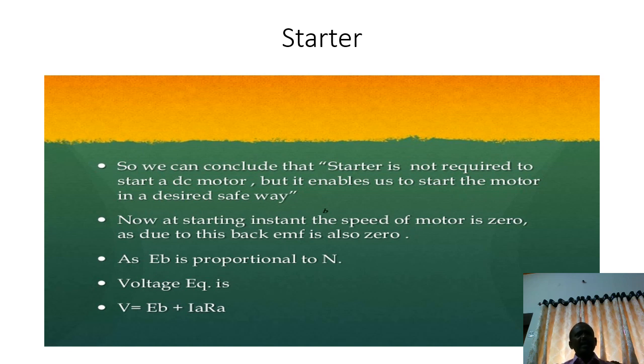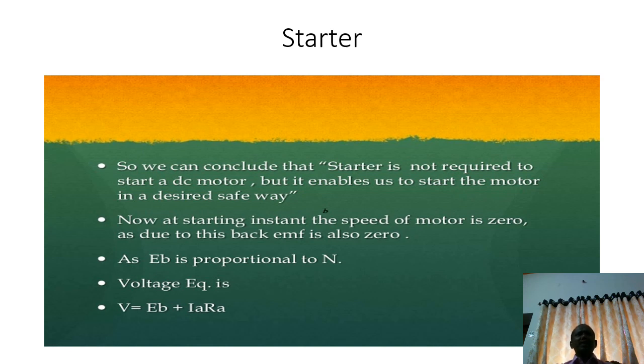But V is connected across the armature and the shunt field winding, so it is the same. Then we get the shunt current ISS is equal to V by RS, and IA is equal to V by RA. So these two equations we know, and we can calculate the shunt field current and armature current. But you know the voltage equation in the case of a DC shunt motor: V is equal to EB plus IARA.